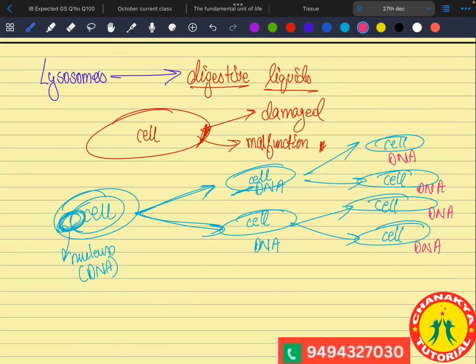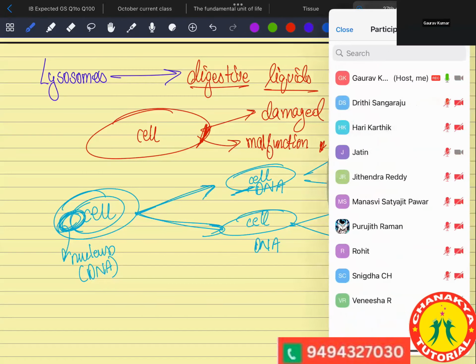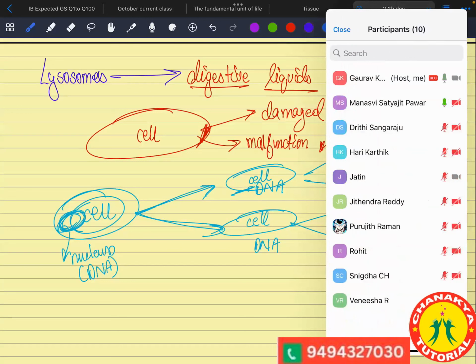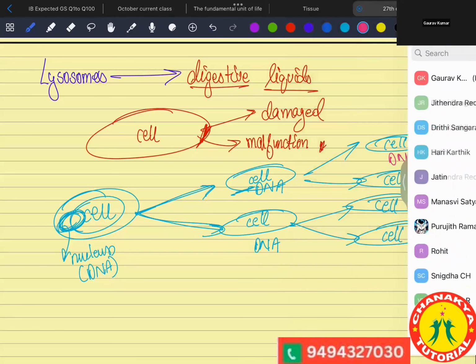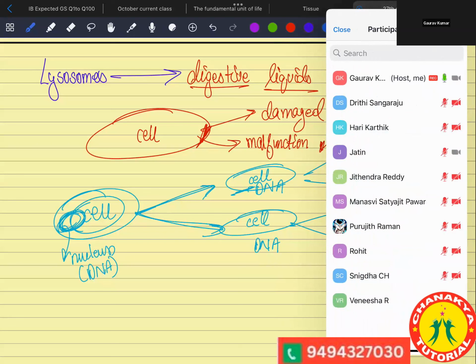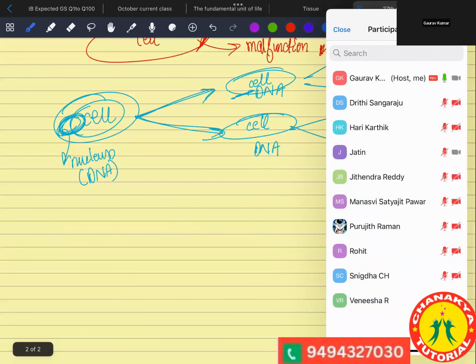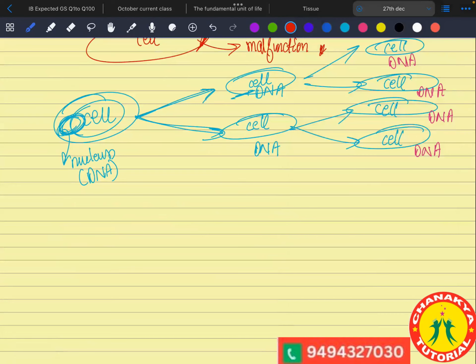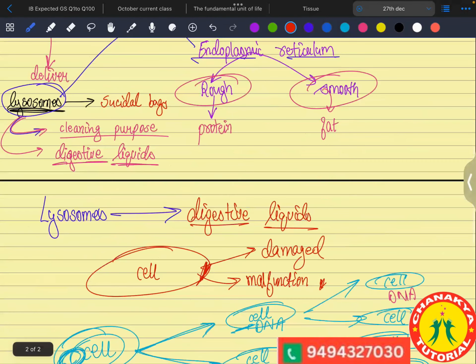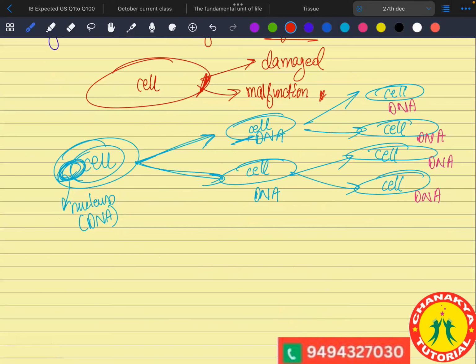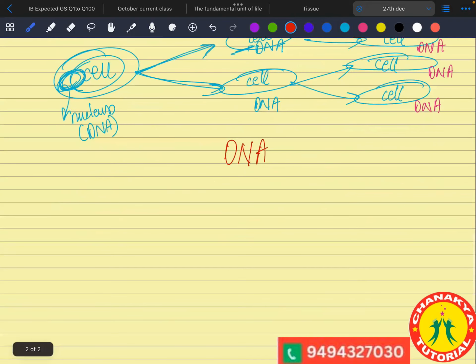Okay, even the cells that have a nucleus, do they contain DNA? What are you asking? Do the cells which have a nucleus contain DNA as well? Okay, the DNA does not contain the nucleus, but actually the nucleus contains DNA. Inside the nucleus, you are found with DNA. So we have come to some discrete information kind of area. When I go into detail, then we will study in detail.